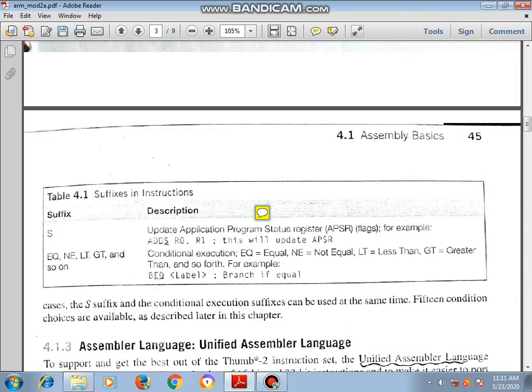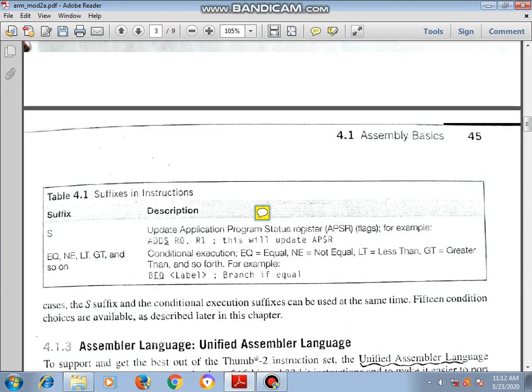If carry is generated, or auxiliary carry is generated, the bits of this register will be updated accordingly. If you use the ADDS instruction opcode, it updates the application program status register APSR flags. ADDS R0, R1 will do that.